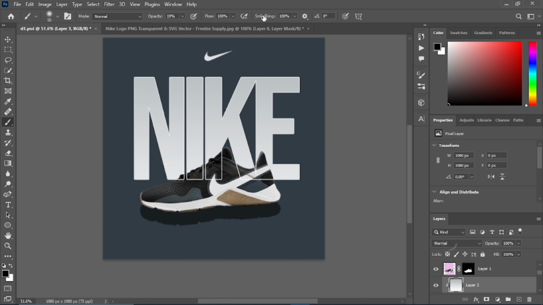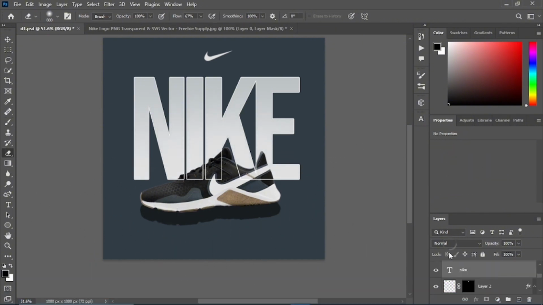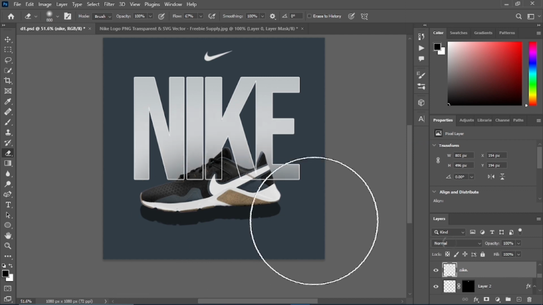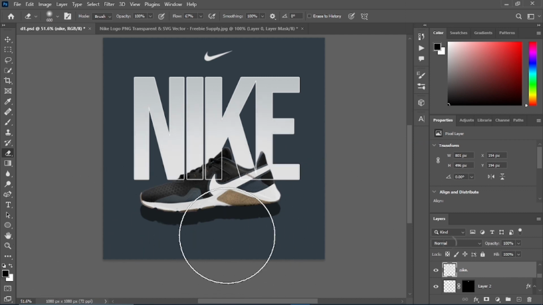And now I'm putting some depth into the text by erasing the bottom, and it was a cool effect. But the problem was that the stroke was on top of the design, so I'm going to put the stroke in the background as well actually.